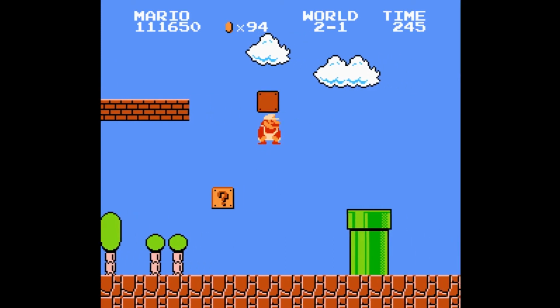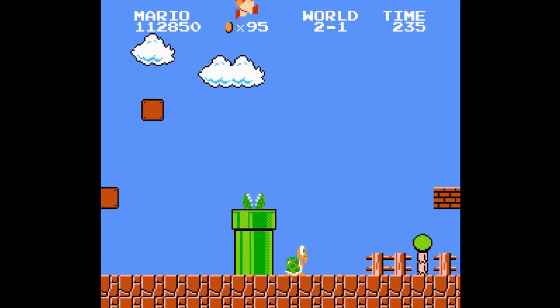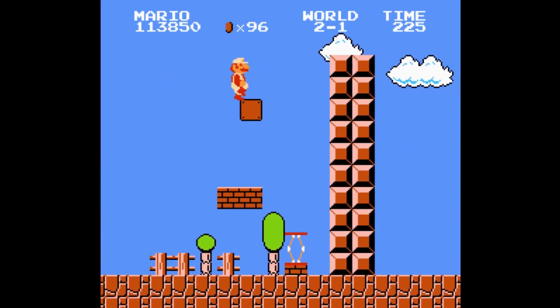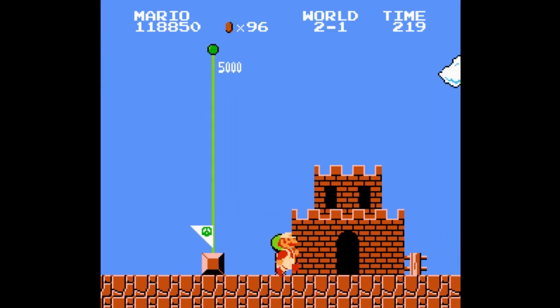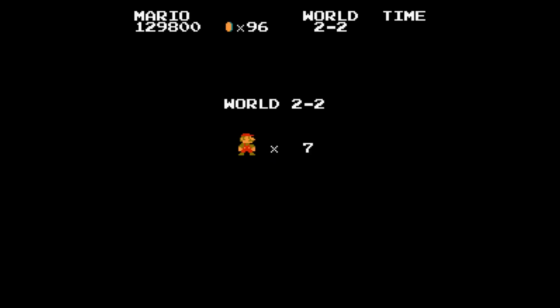Get all that money. And fire flower right there, more coins, bam. And you can just make your way to the end of the level here, jump on this platform. You don't even need to jump on it if you don't want to, you can just use that secret block. Bam. So this is the second level of World 2,